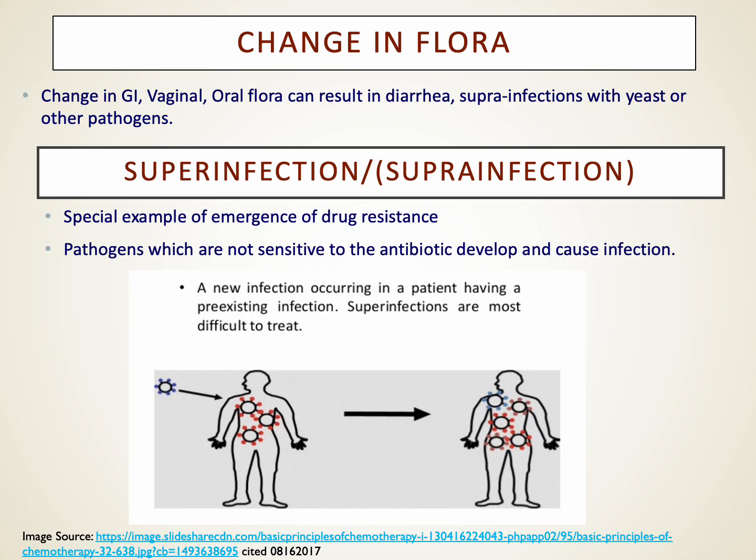You've got to worry about when we use some of these agents, the changes in flora that we can see. We could see the normal flora we expect, normal flora in the GI tract, for example. We expect normal flora in the vaginal area, in the oral cavity. And the problem is that when we use broader spectrum agents in particular, you wipe out some of those good bacteria, those normal flora, and lo and behold, whatever is not hit by that antibacterial drug has all those nutrients left for itself, and it grows sort of